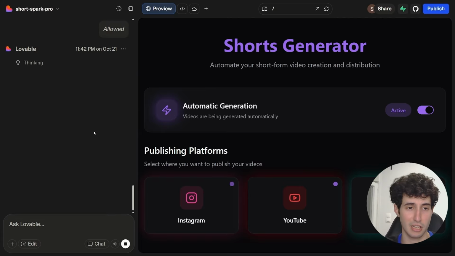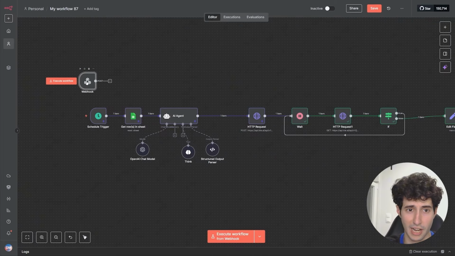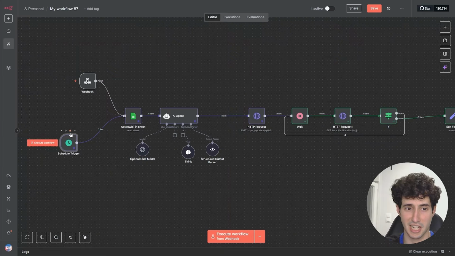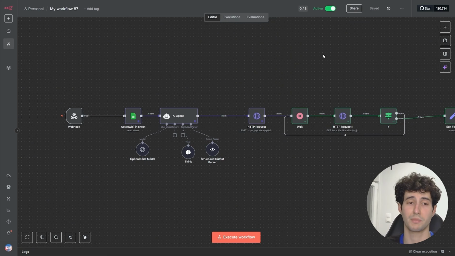Now the only change that we need to make in N8N is we need to come over here, take in a webhook and connect it with our Google Sheets node over here. Then we can simply delete the scheduled trigger node since we don't actually need it anymore. And then the last thing that we need to do is to come over here, turn on automation from inactive over to active, which means that this can execute automatically without us having to manually come over here and click